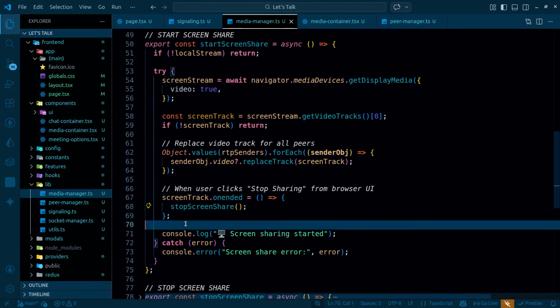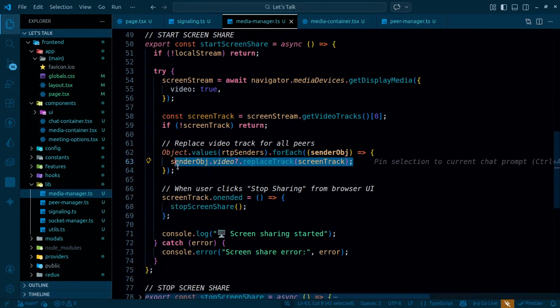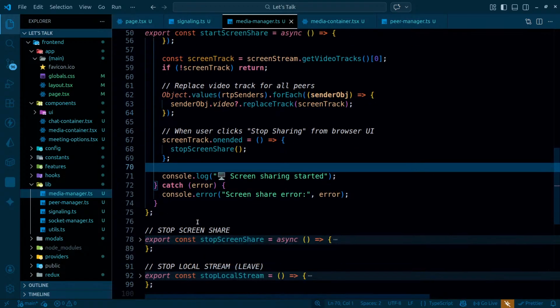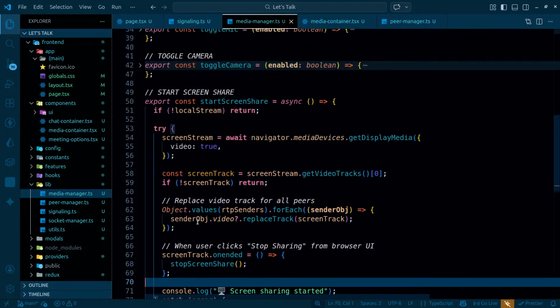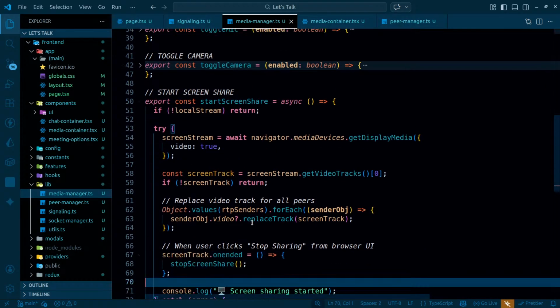So stop screen share, and let's check exactly what stop screen share does. Most probably it will be replacing the track again, and that time it will get the video track and simply replace with that. But that's again yet to be seen, exactly what happens there. So screen share is started. Okay, let's simply